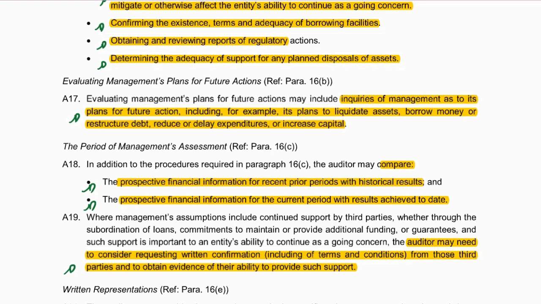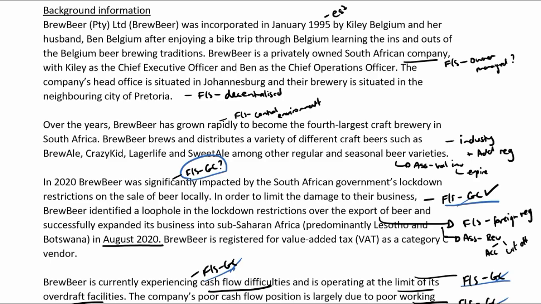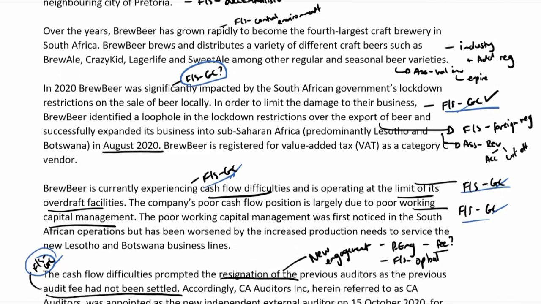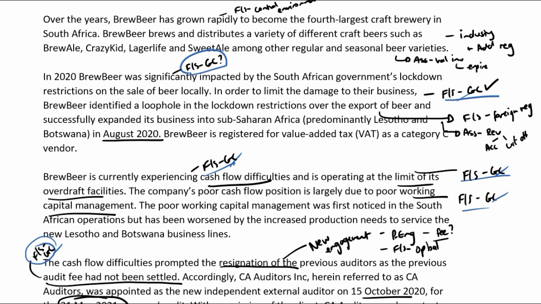So all of the procedures are here, guys. I just want to go into the scenario to find the specifics of who they're getting borrowings from, if they've done any specific forecasts, and if they had used any experts to help them with that, so that I can tweak these procedures to make them relevant to the specific question. So guys, I'm just looking for any information that's going to help me to develop those substantive procedures. And obviously it's all linked to going concern.